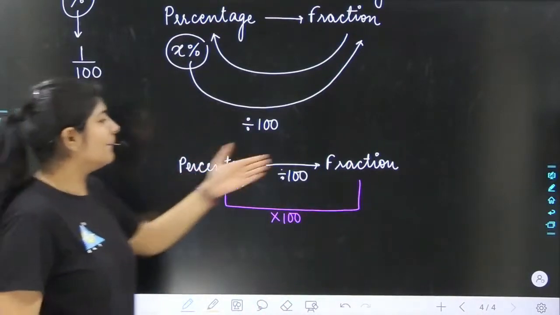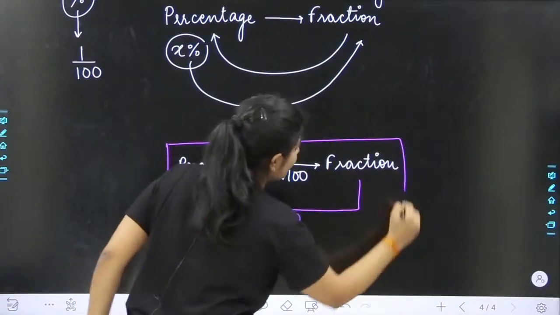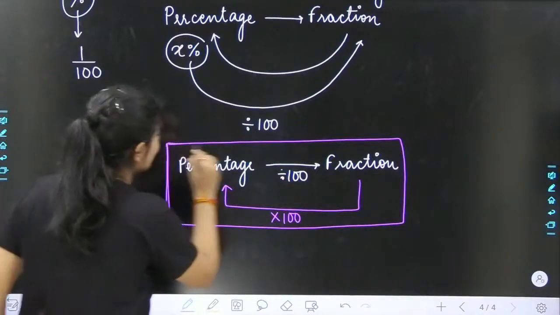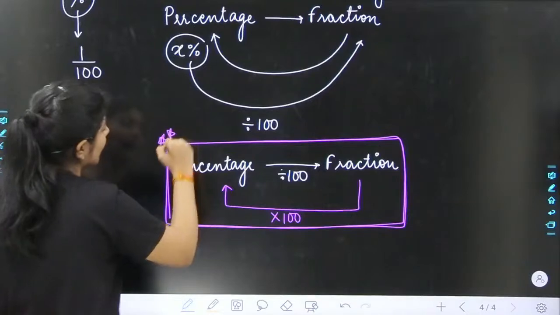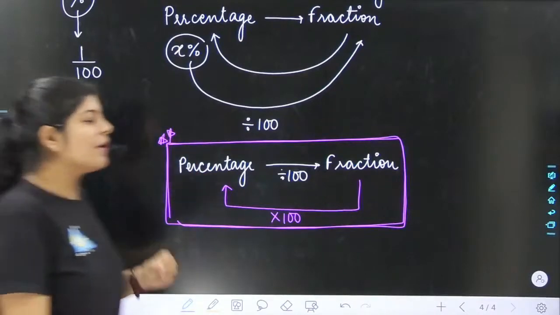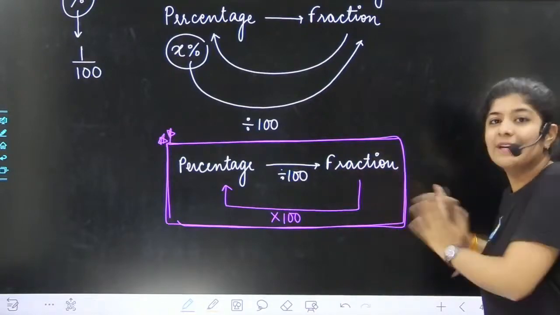This is a very basic and very important concept. Now we are going to learn some fixed fractions which we are going to use in the whole quant section. And they are,